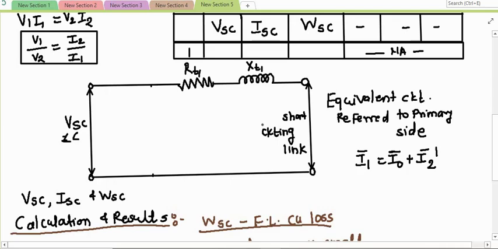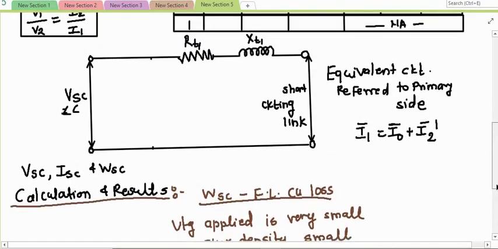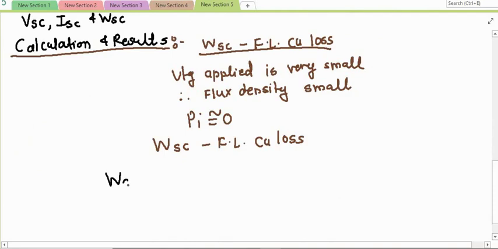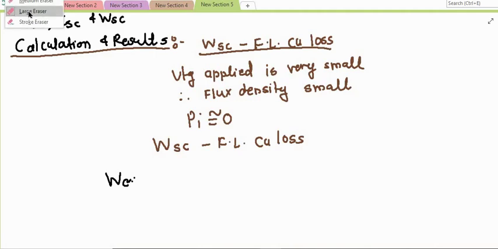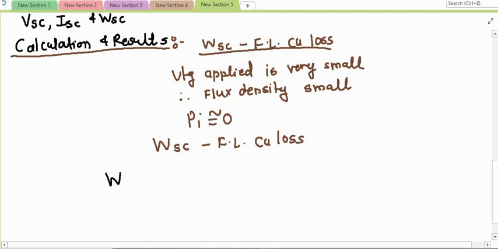So now, firstly we will find out RT1 from this. What is WSC? WSC is nothing but copper loss. I have just explained: copper loss, because full load currents are flowing, and as your no load current I0 is very, very small, the voltage required to circulate the full load current is very small, and we have neglected the iron loss. So WSC will give you the full load copper loss.